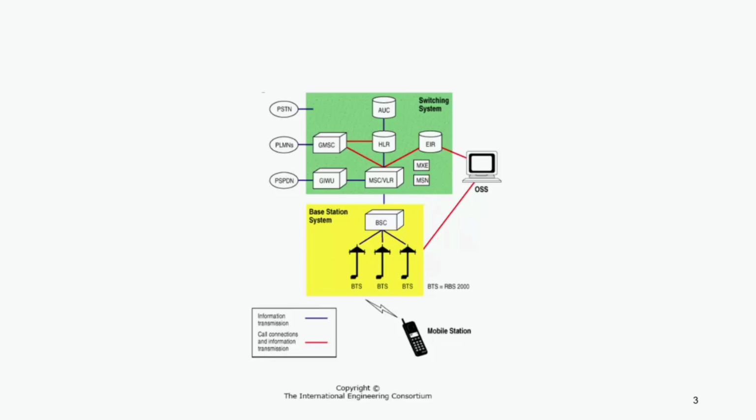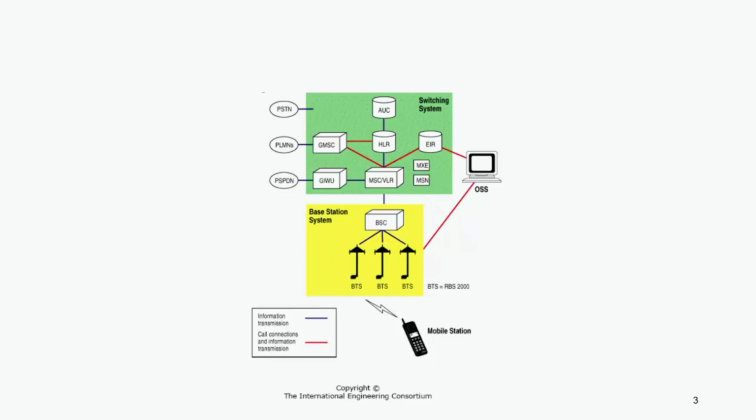Let's move towards the switching system. You can see the different subcomponents of the switching center in this figure. One is mobile switching center, MSC. Then with this, visitor location register, VLR. VLR is the common node with MSC as you can see in the figure. This is also a home location register, HLR. All the profile of the subscriber is managed in HLR. Then equipment identity register, EIR. There is also an authentication center known as AUC.